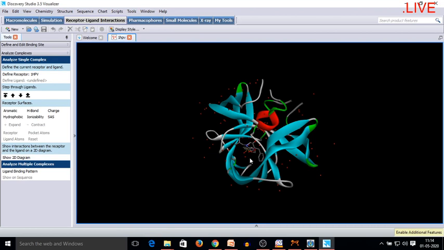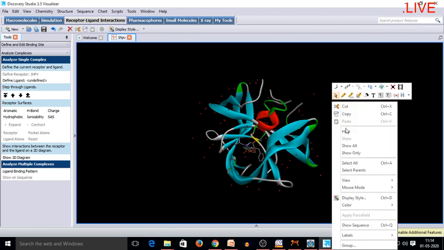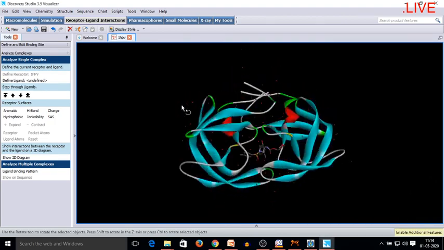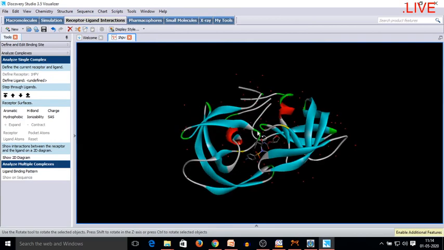Here you can see a ligand molecule is associated, and I wish to delete it and resave my molecule, because definitely it might be the case that my ligands may bind to these active sites too.